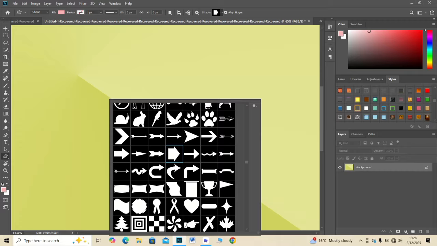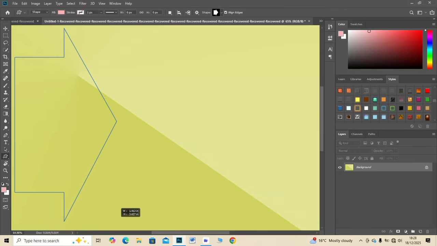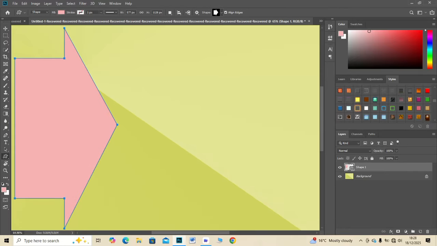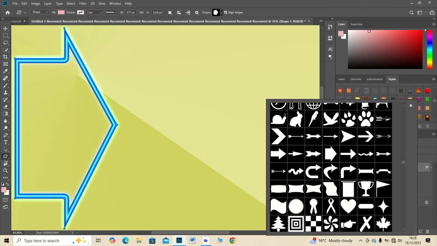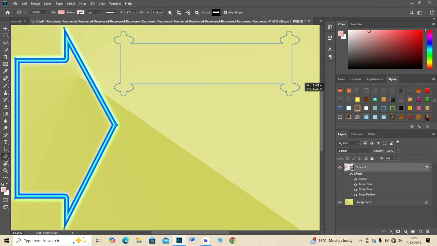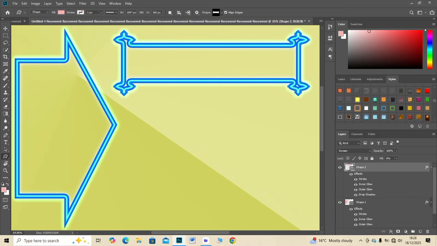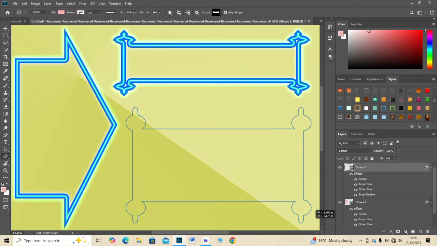Today we are exploring an amazing topic of Photoshop, how to create custom shape label tab in Photoshop. Open Photoshop and create a white canvas, select the custom shape tool and choose a tab or label shape. Now draw the first tab shape, change its fill color to primary color, duplicate the tab shape using Ctrl+J, move